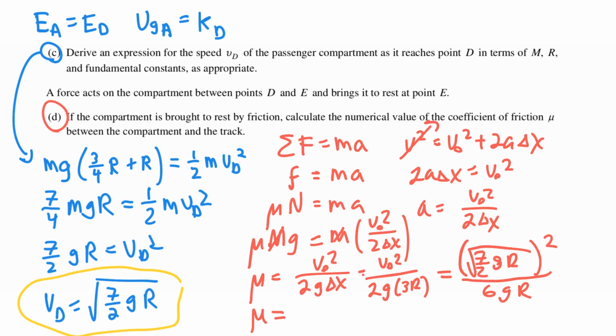And so now this is going to reduce greatly. On the top, I'm going to have 7. And on the bottom, I'm going to have 12. And the g's in each case will cancel because I'm squaring a square root. And so the coefficient of friction between the compartment and the track is 7 divided by 12, which is about